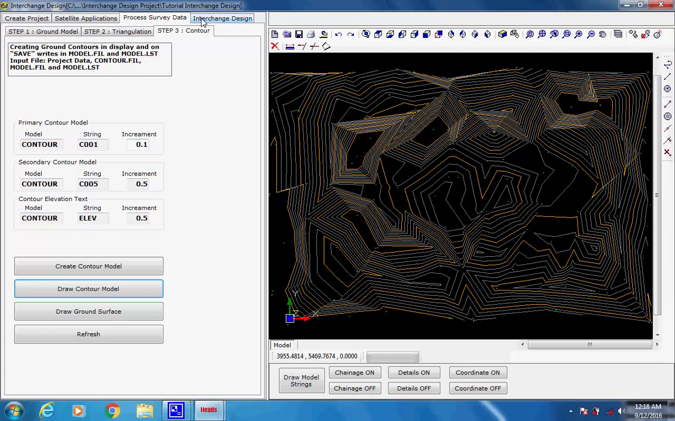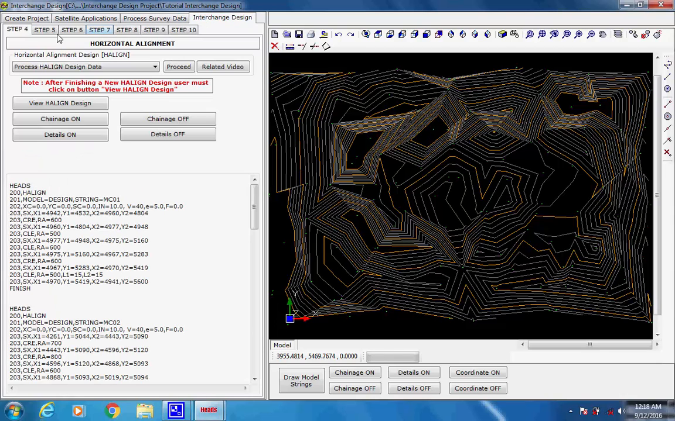Interchange Design. Next, select tab Interchange Design. There are tab pages from Step 4 through Step 10. As the page opens for Step 4 for horizontal alignment, the item is selected as Process Halon Design Data. There are 10,200 Halon data in this tutorial example, as displayed in the left bottom panel. These are for the design of horizontal alignments for 2 main intersecting crossroads MC01 and MC02,